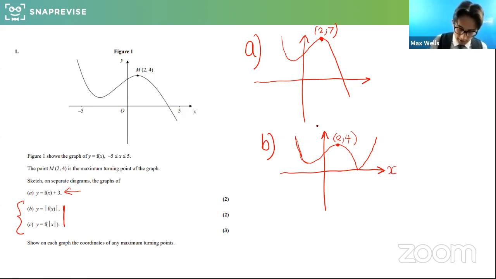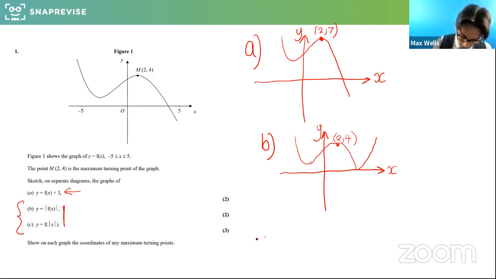We probably should label our axis as well. Brilliant. Obviously in an A-level exam, it's a sketch that you want to make sure you get all the marks for, and you do it as best as possible. It is quite a nice question, so you would like to do it carefully and make sure it looks good as well. I've probably just made that worse, but hopefully you're happy with what I did there.